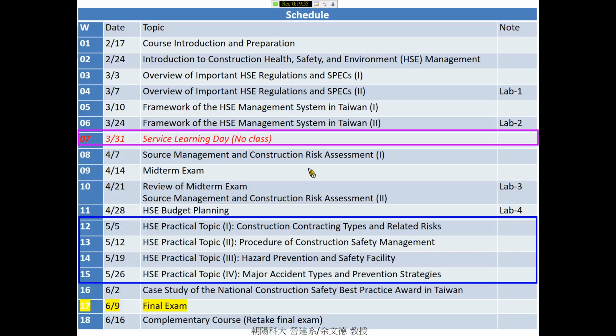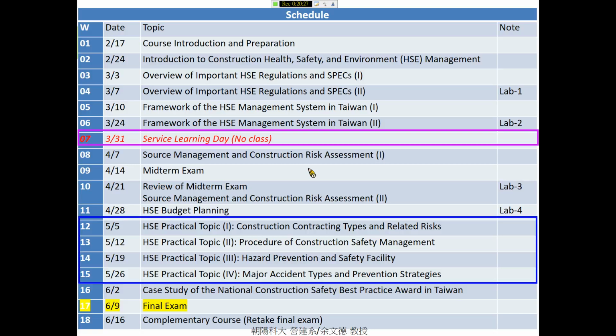You can see what the hazards on a construction site are, what the accident types are, what the correct installation of protection facilities for the construction site is, and what the correct wearing of personal protection equipment, the PPE, is. So on this topic, I will show you the most useful and practical knowledge you need to have before you go to a construction site.